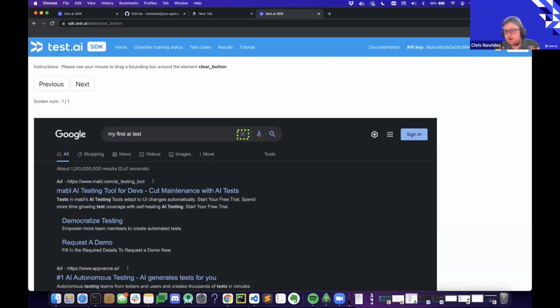You could run it on Appium using mobile web, or you could even use it if you want on, say, the Google native app, and it will learn. It doesn't know what platform it's on, it just looks at the pixels and says, what's the most likely thing that's a clear button and a search box. And Google makes their search boxes and clear buttons all look the same. So it's a great way to write a test case once and reuse it across multiple different test frameworks and different test scripts.